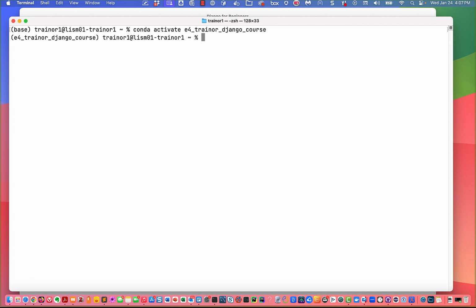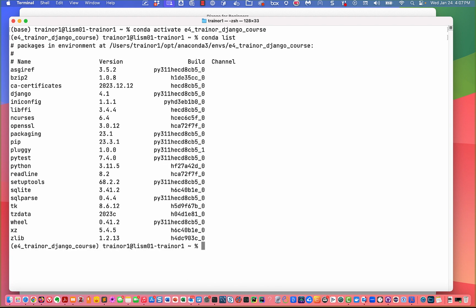And if we want to know what packages are installed in that virtual env, we can type conda list, and we can see a lot of things. But in the current semester, which is spring 2024, we're using Django 4.1, and we're using